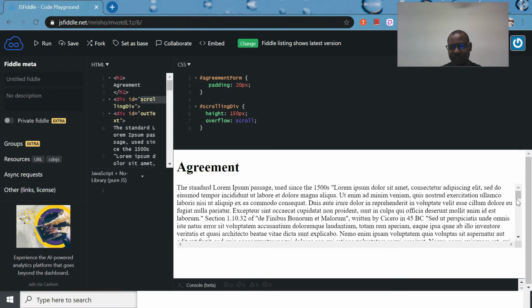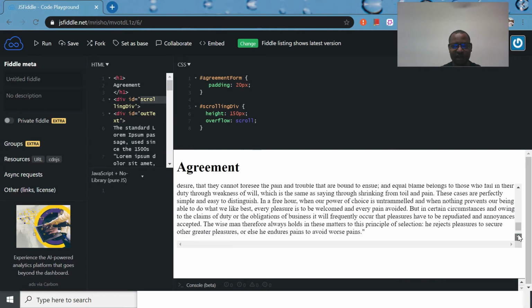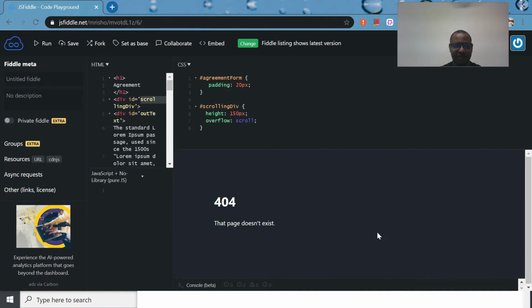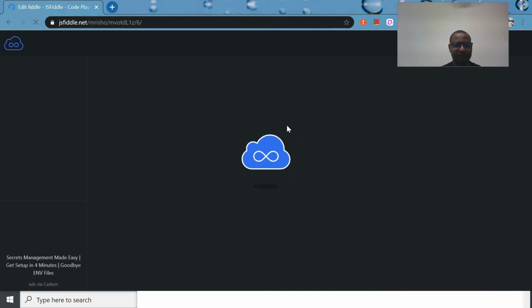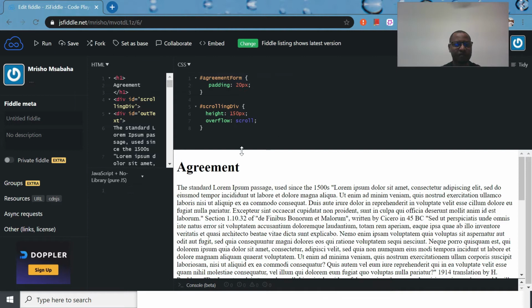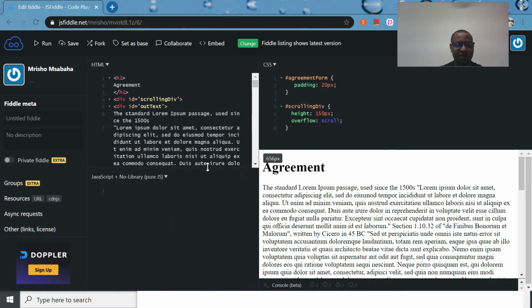You can see that there is a scroll bar here. Then we can scroll down and then agree and submit. Okay. So what we can do in this case is